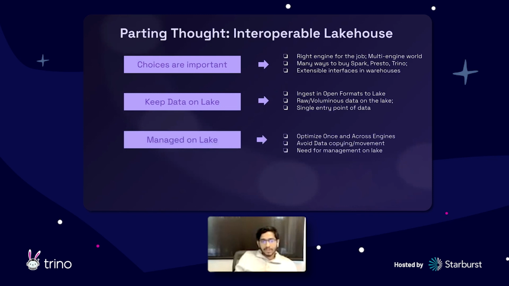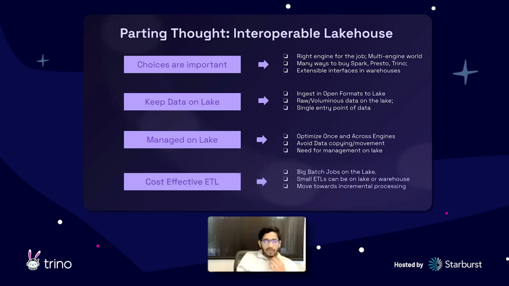And management: rewriting all this columnar data is very expensive. So if you want to run clustering, why cluster once for each engine? Just cluster once and then use it across different engines, right? And this avoids data moving costs and copying costs and whatnot. But of course, for this, we need a lot more management. We need the equivalent managed services on the lake for people to be able to do this well without spending months of engineering effort.